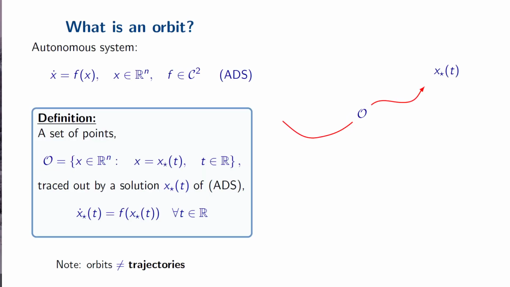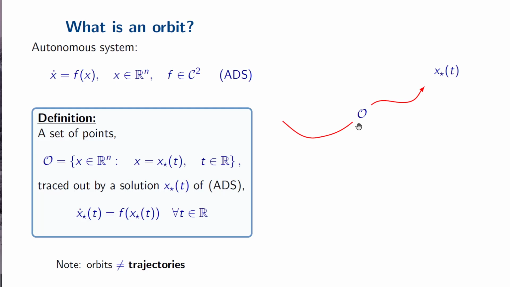So in order to do that, we first have to introduce the notion of an orbit in a mathematical sense. If we're given an autonomous or time-invariant dynamical system, its state space is Rn, and we assume that the function f on the right-hand side is at least twice continuously differentiable. An orbit of this system is defined as the set of all the points which are traced out by some solution of this system. So for instance, if the system has a solution x star, in the system state space it traces out some red curve, and the set of all the points along this curve is its orbit,